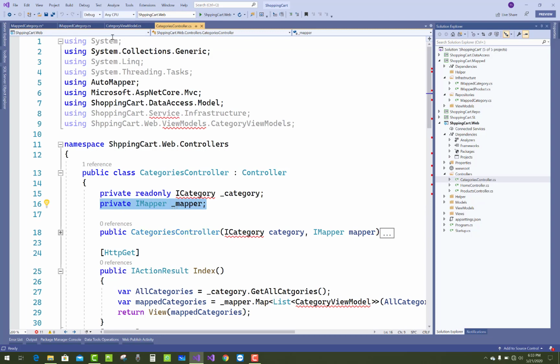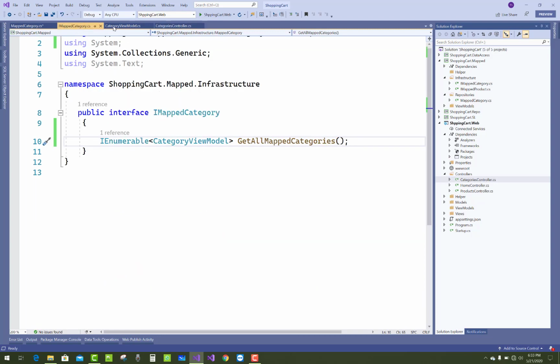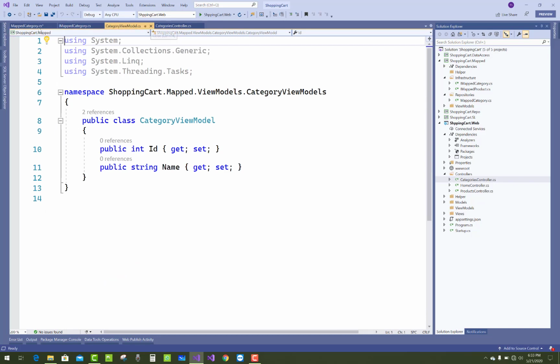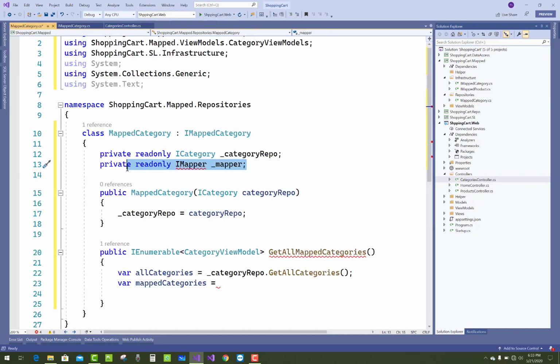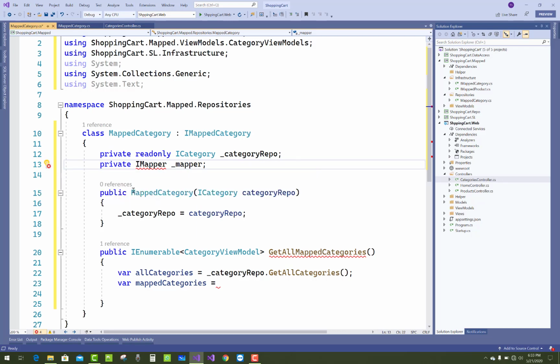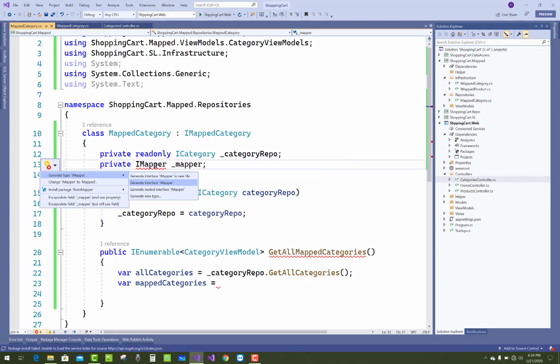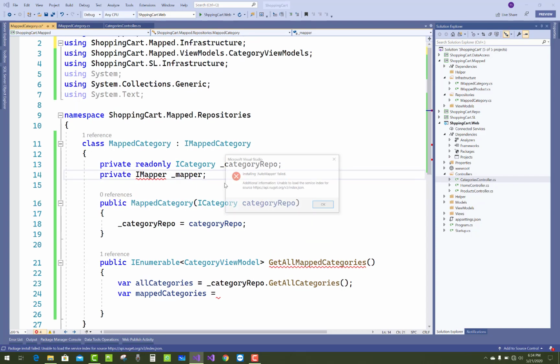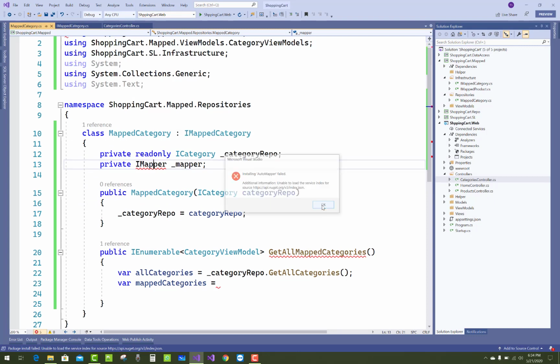So just copy and paste it here, and resolve the namespace by installing the NuGet package for IMapper. Before installing, you must be connected to the internet, and after that you can install any package from the NuGet library.